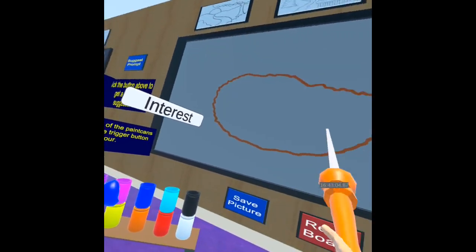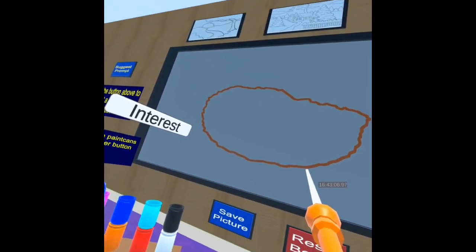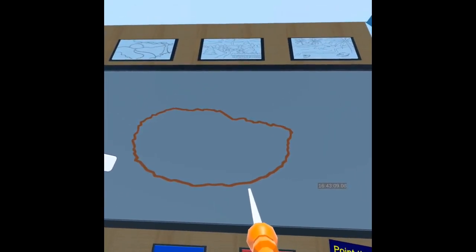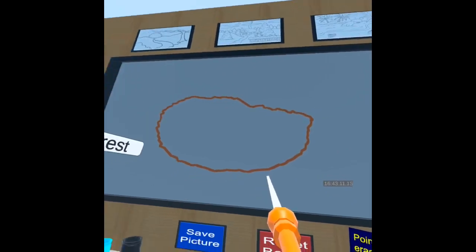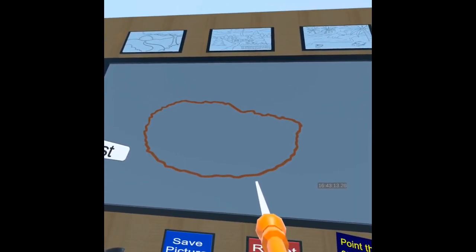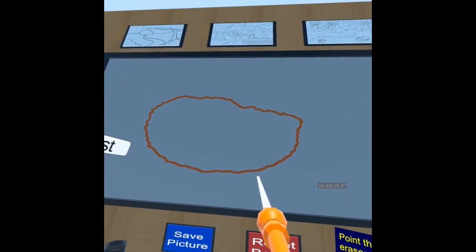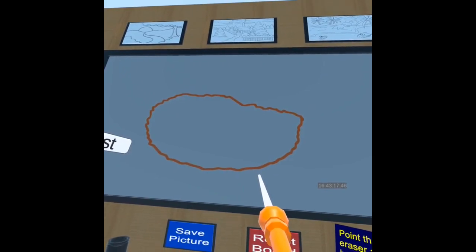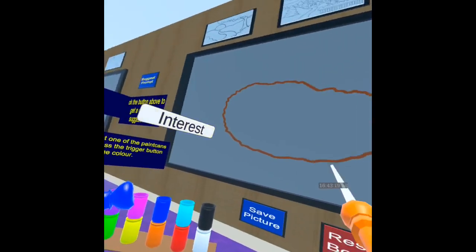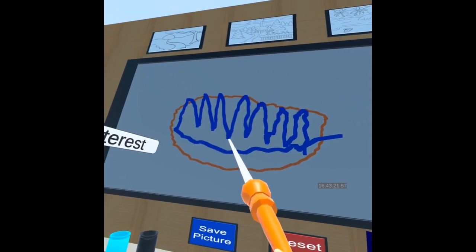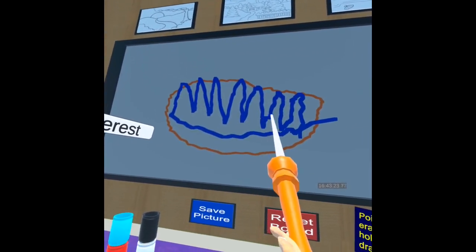Now, of course, if someone else were to draw, once they release, the drawing will be synchronized.